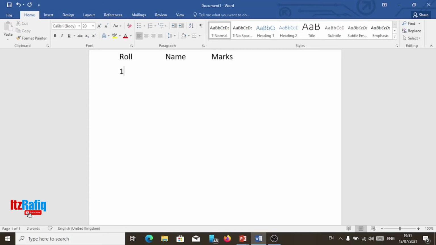Roll number 1, name Raj, marks 22. Roll number 2, name Rahul, marks 25. Roll number 3, name Riya, marks 24. So this way, without creating a table, we can add columnar data using tab stop.